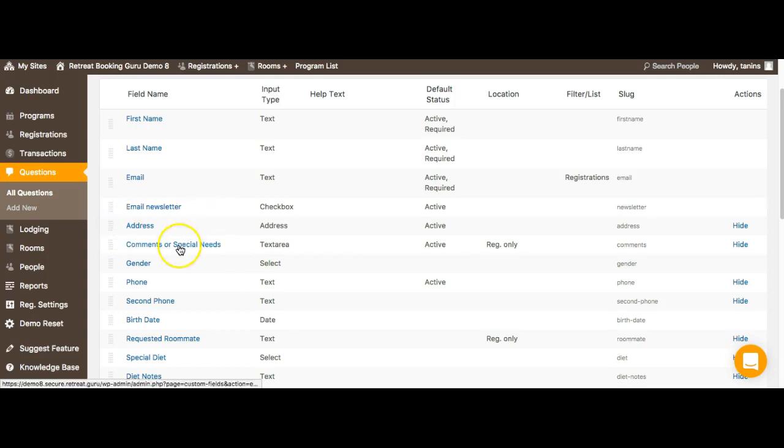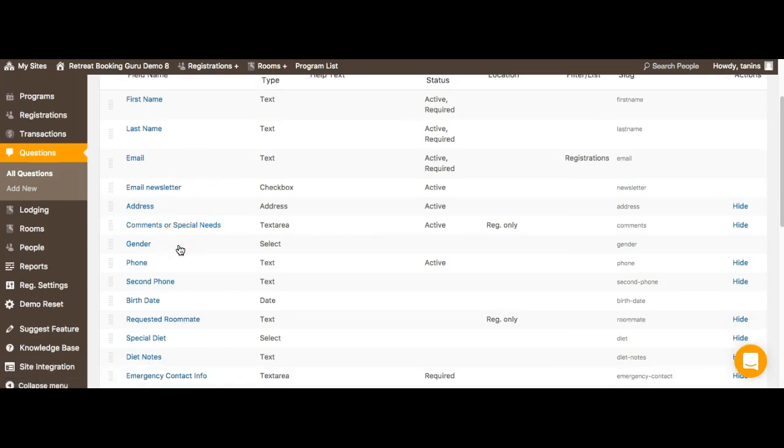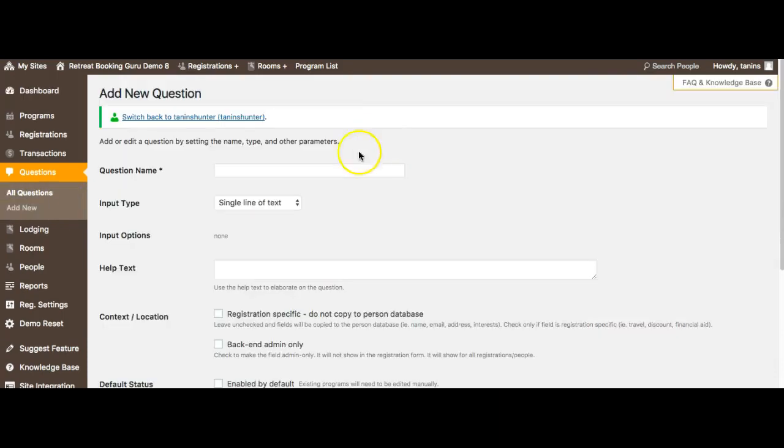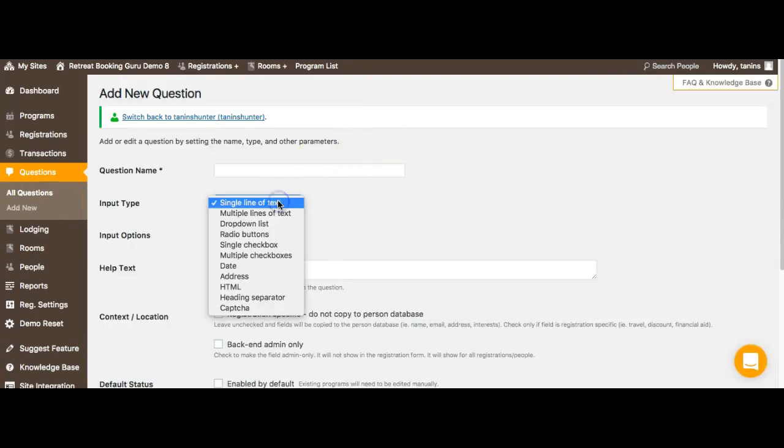And if you're not seeing a question in here that you would like to have added to the registration form, it's a simple matter of clicking Add New in the question bank, and then you can create your own question with a whole bunch of different question types: drop-down list, radio button,